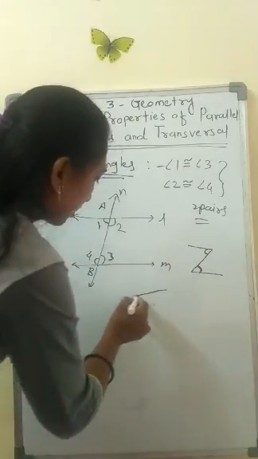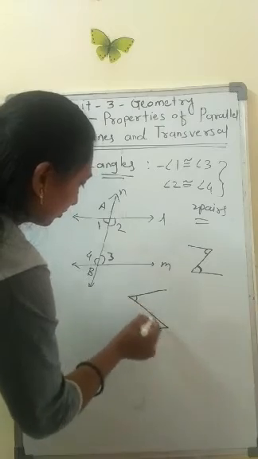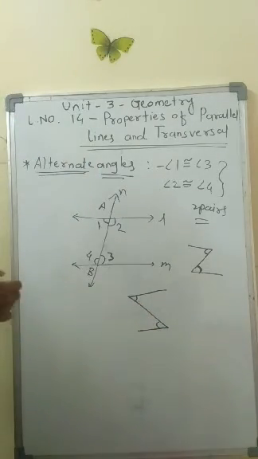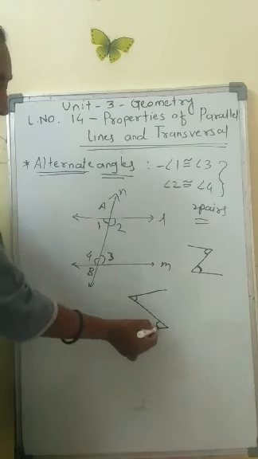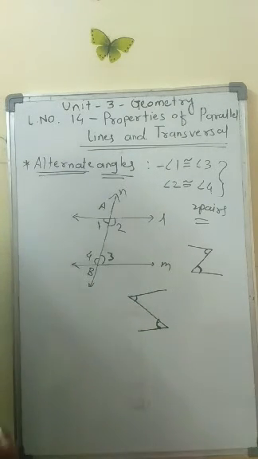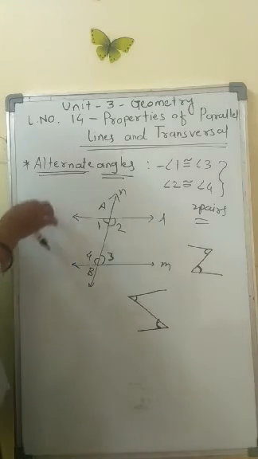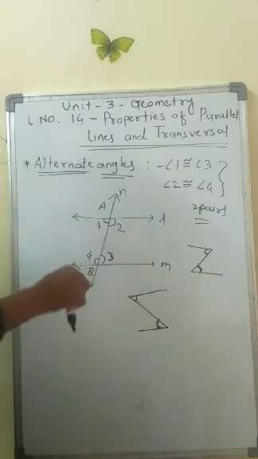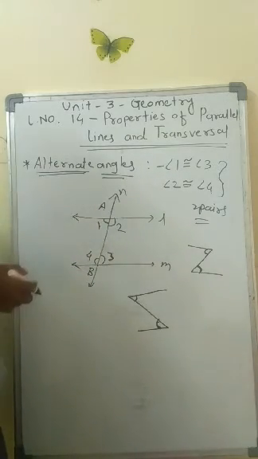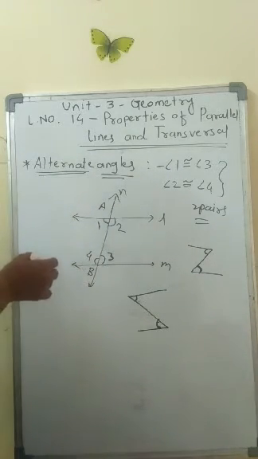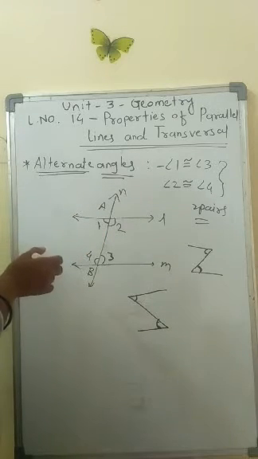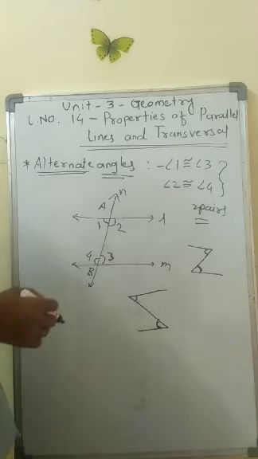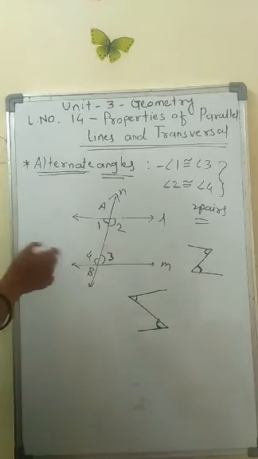Also like this, this one is also like this and this one is also like this. So how will you get the alternate angles? Here, like this. Okay. So I hope you all understood that concept of alternate angles, how to get them. And okay, here we can also call them interior angles, or allied angles also. Exterior alternate angles we can say in general.